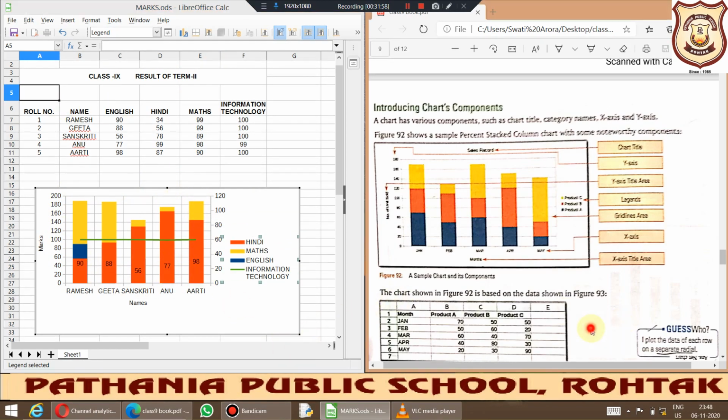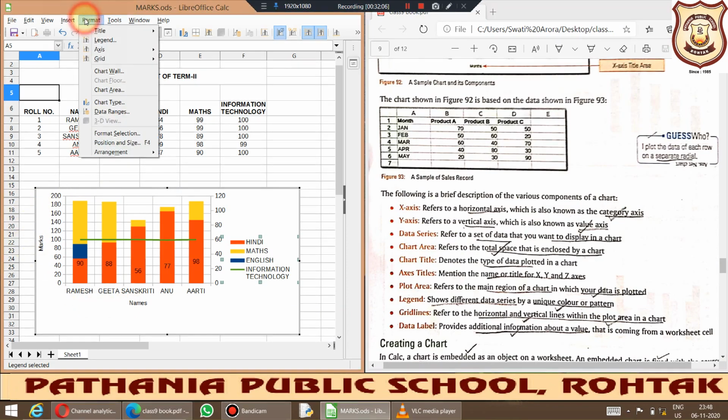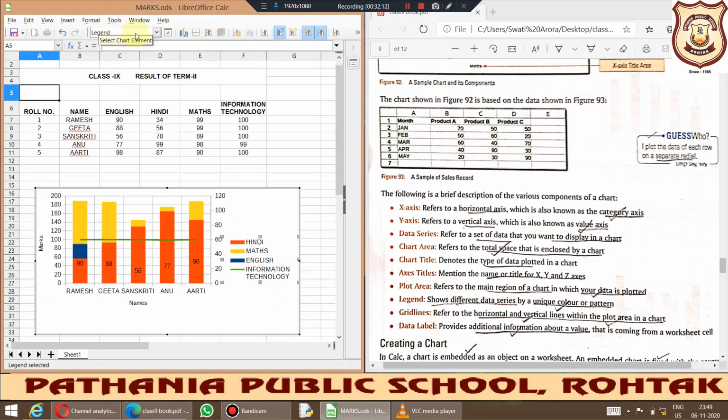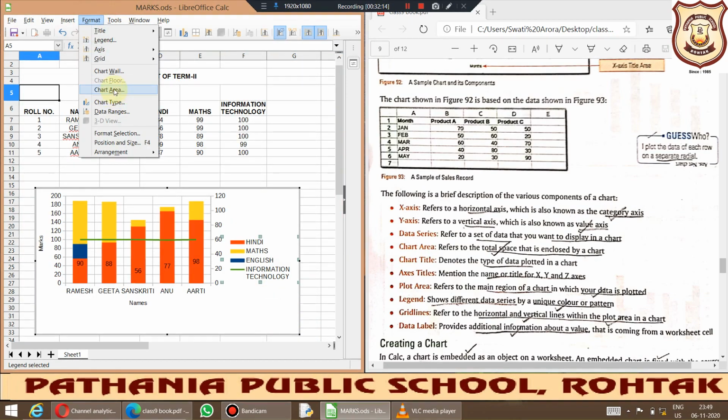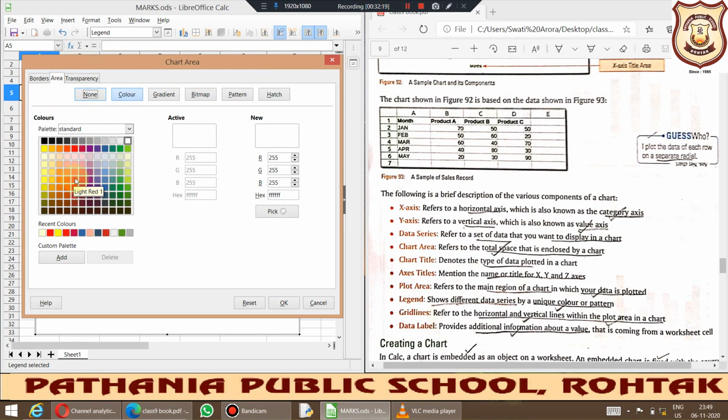So these are known as grids. These are the different things: x-axis, y-axis, data series. Chart area, see, this is your chart area. Let me highlight it. I can take a different color so that it may be shown.